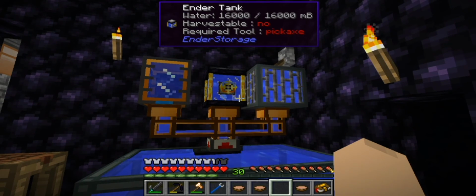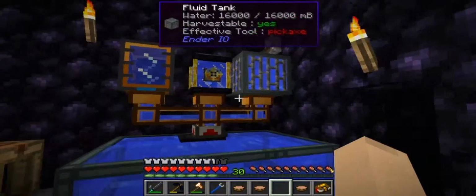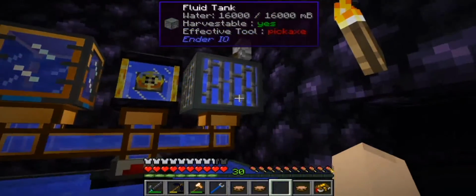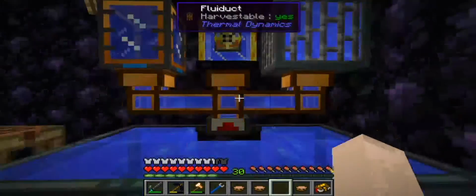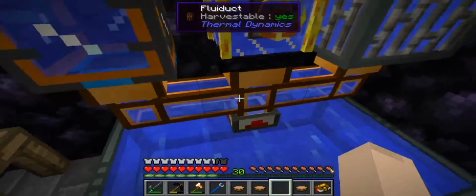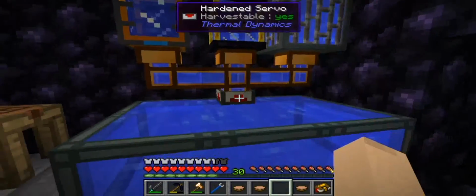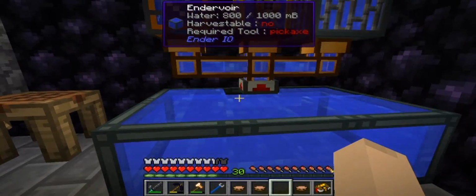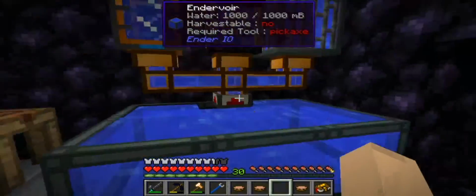And look at that. We now have infinite water. It's amazing. You know, we got these 2 tanks full, this one's full. Yeah, and if we just make more of these ender tanks, we can transport it anywhere from this spot. It's kind of nice. Okay, so